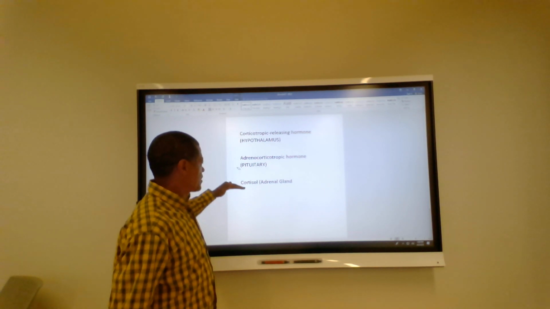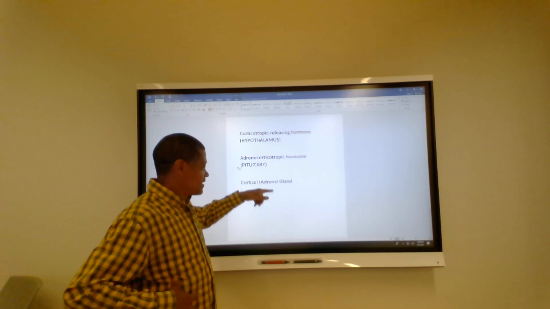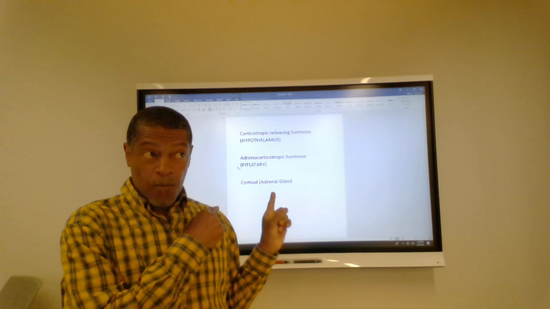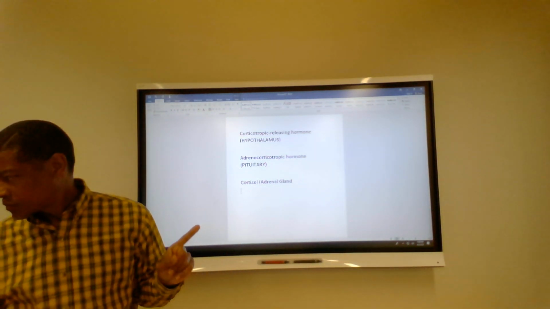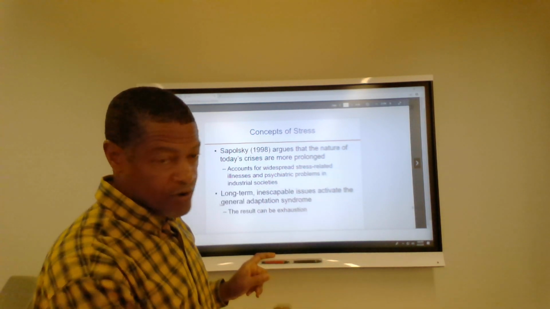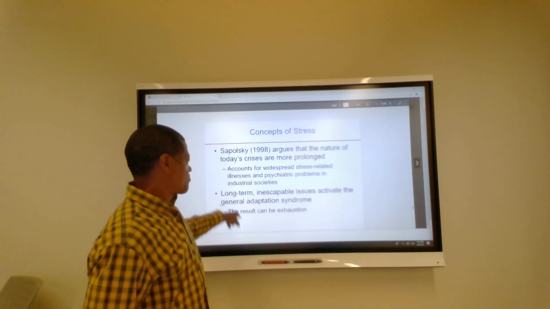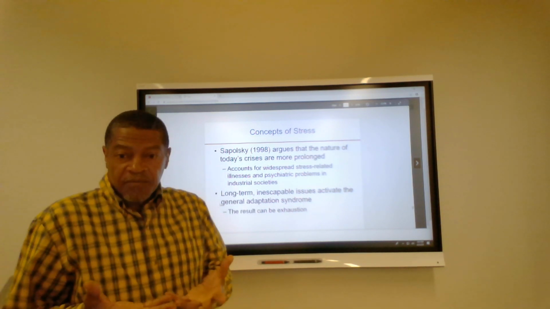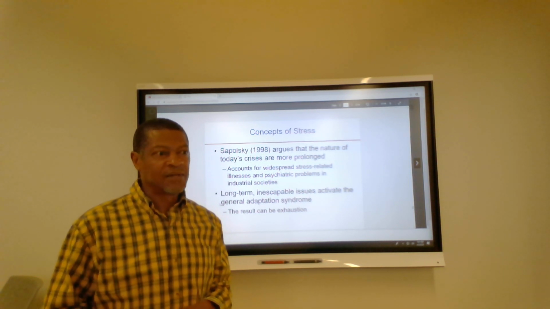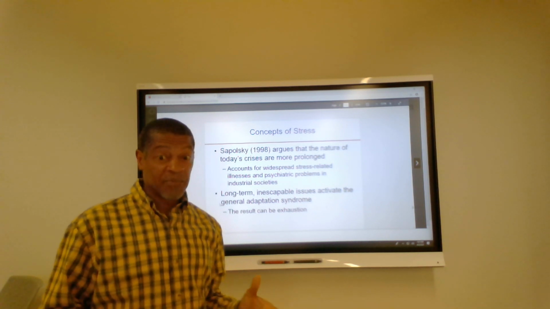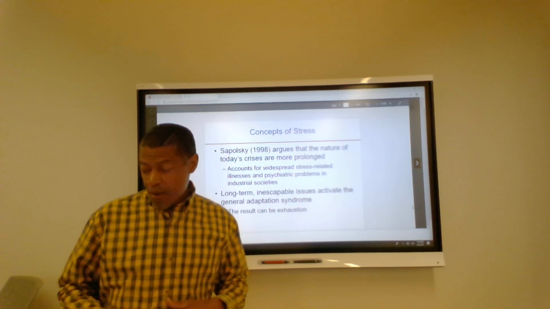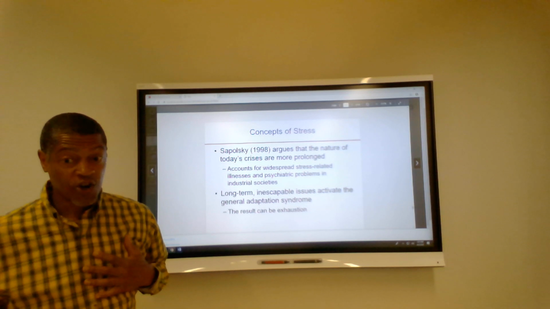Hypothalamus, pituitary, adrenal gland. Each one of those areas has a chemical released that impacts that phase we just talked about. I don't want to spend too much time on this, but I'm going to go back to that because those words, I want you to remember what they were. But animals who are under stress, prolonged stress, have certain levels of chemicals that are elevated. The animal who is going to be dominant in controlling things, guess what? It's probably going to be more stressed than an animal who's maybe not having to worry about that. Although you've got to beat up, you've got to run if you're scared, the animal who has to maintain that can probably create more problems in the body, like having ulcers or maybe even heart disease.